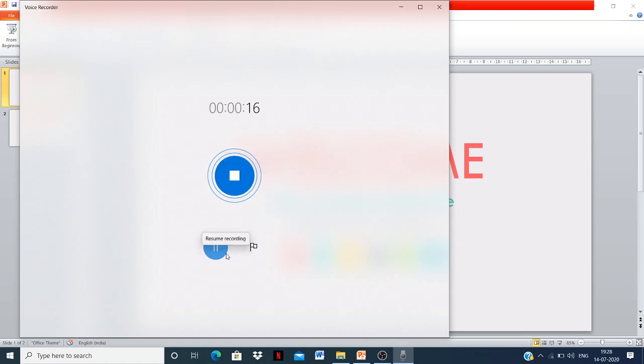So you may pause it also. You might have seen that I just paused my recording. If you want to tell more, you just have to click on the same resume button again, and it will start again. As you can see, I have recorded 16 seconds. Okay, so let me tell you something more for seeing the process of the resume button. So follow my video till the end. Okay, now my recording is done, so I'm just clicking on the stop recording button.